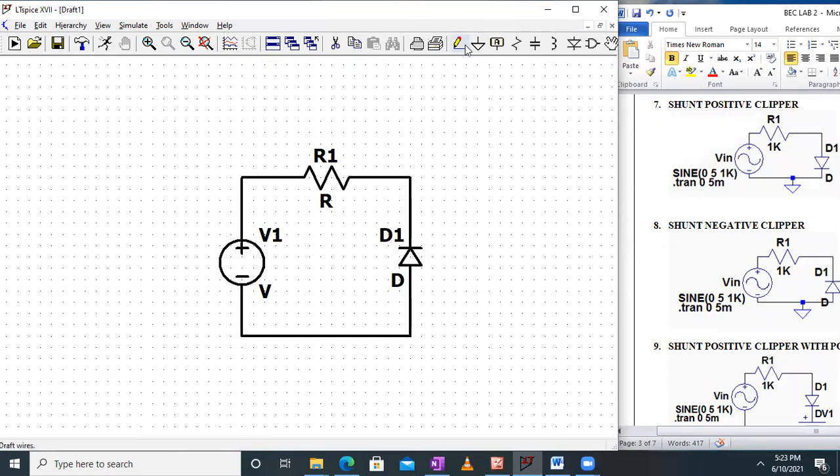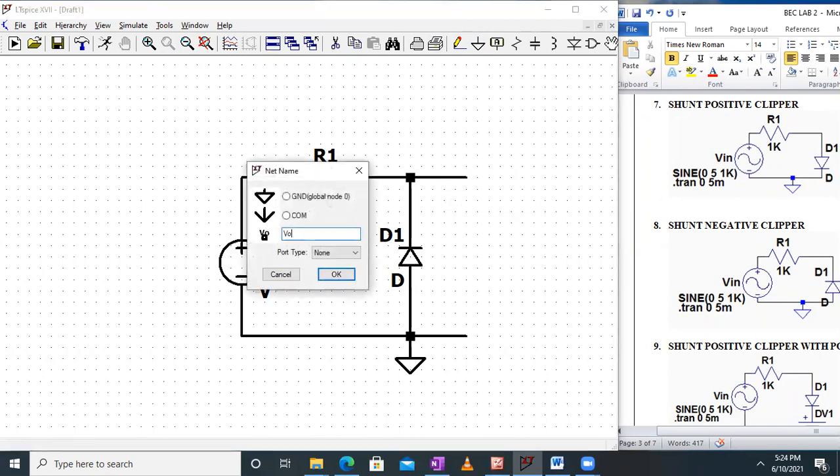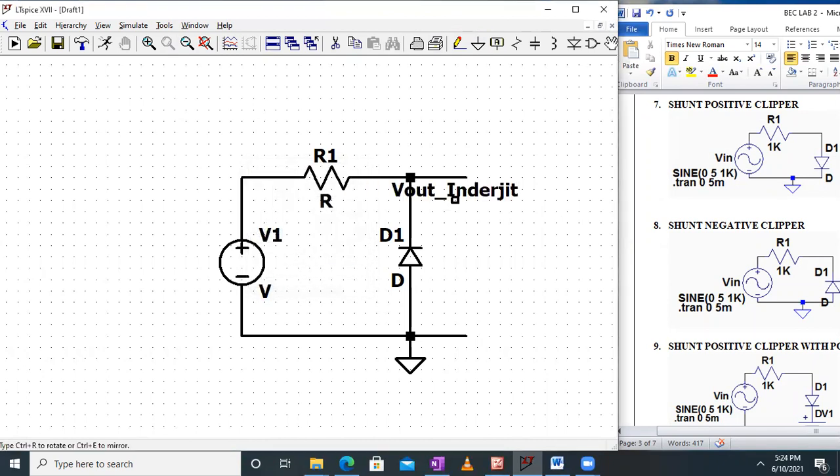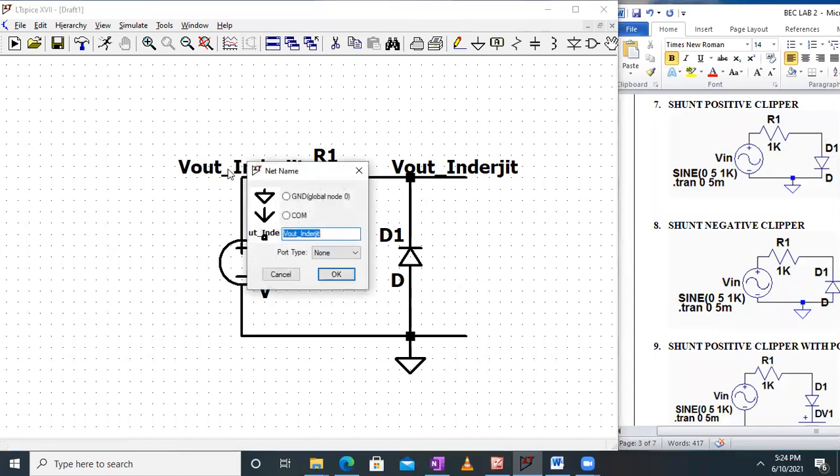Okay, don't forget to add the ground. So here I'll connect the ground. And just for the sake of showing the output, here I can show the terminals, showing that the voltage is taken across these terminals, across the diode. And now I label the terminals. This has to be labeled as V out underscore your name. And this input node will be labeled as V in underscore your name. So do the labeling properly.